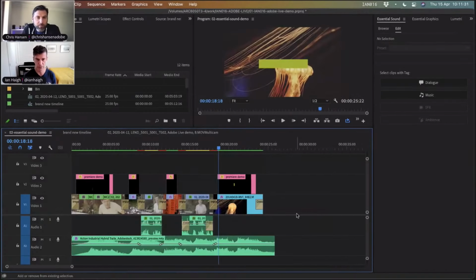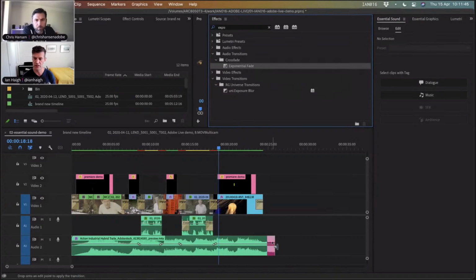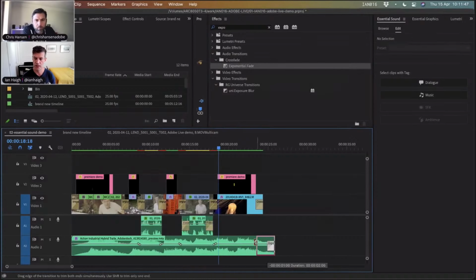Okay. And then the final, the icing on the cake, is I'm just going to go into the effects palette and drag. I've typed in expo because I know that I'm looking for exponential fade, and I'm just going to drag that down onto the end here. And so that's not using keyframes, it's just an effect, but it means that it'll fade out the music at the end so that when we go through,